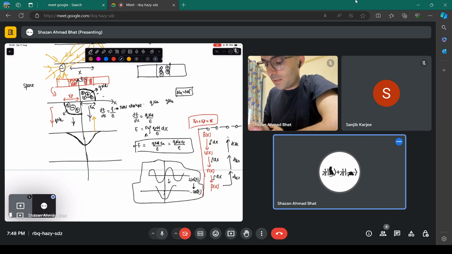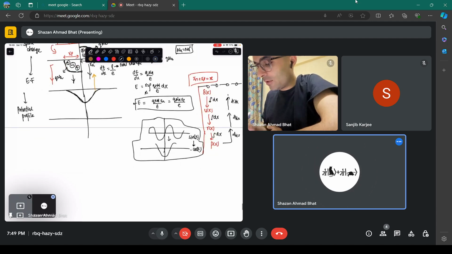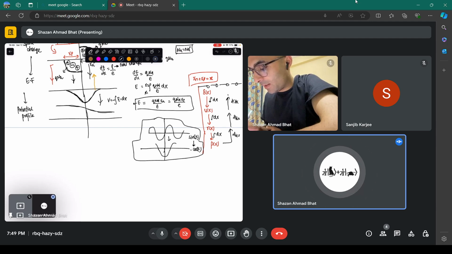This was space charge to electric field to potential energy to potential profile. That is the band diagram actually. This is electrostatic potential. So you can actually find the potential by integrating the electric field, and when you do it, you get something like this. This is the band. I should show it the opposite way. You get the band diagram something like this,